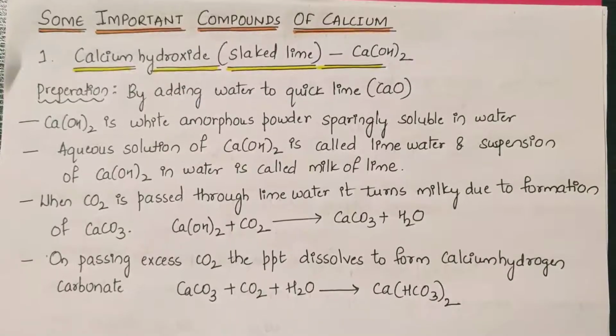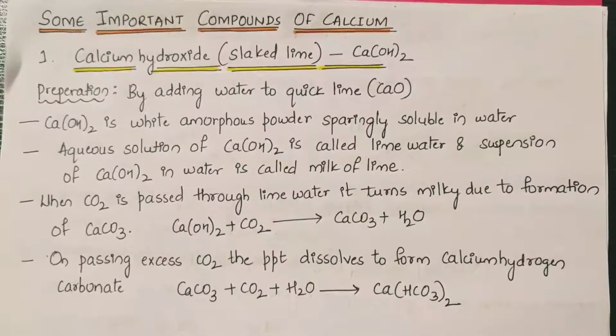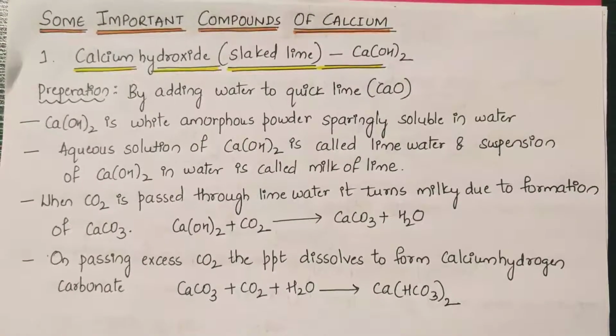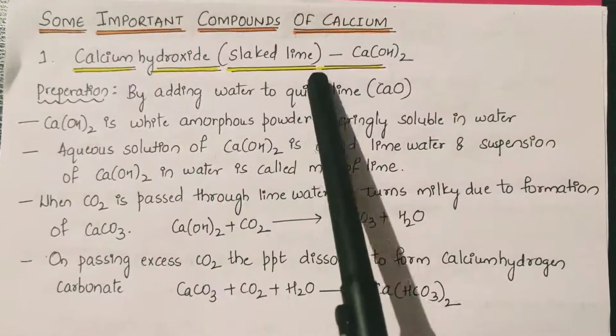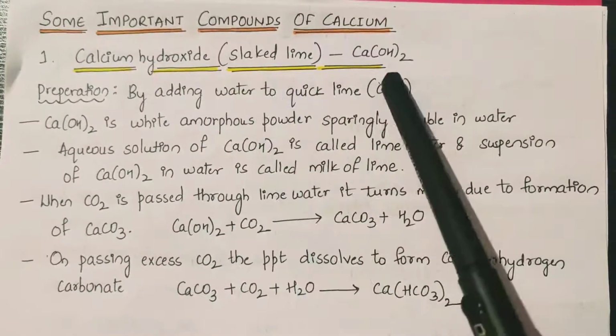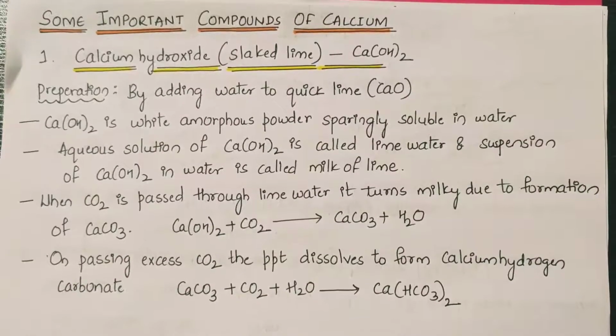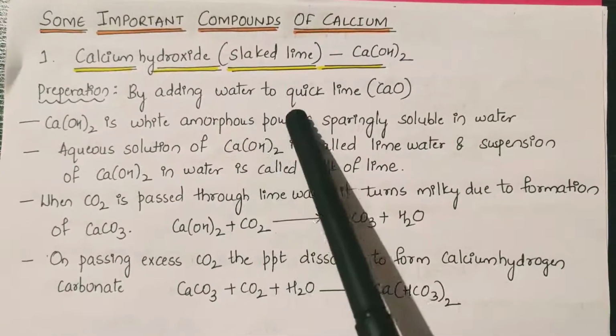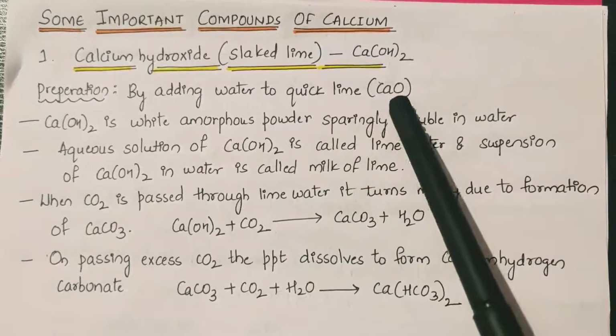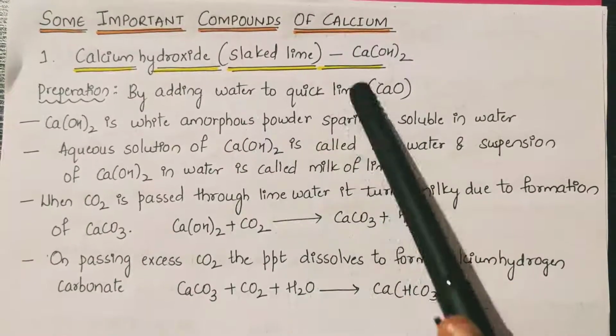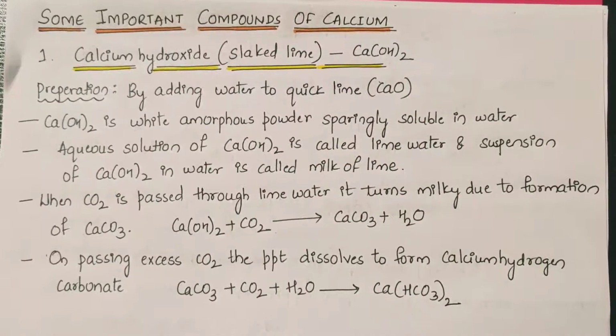Now let us look into the last part of this topic, that is some important compounds of calcium. First we'll take calcium hydroxide, which is also called slaked lime. The formula for calcium hydroxide is Ca(OH)2. Now how to prepare this calcium hydroxide? You can just add water to quicklime. Quicklime is calcium oxide. When you add water to the quicklime, you will get calcium hydroxide, that is nothing but